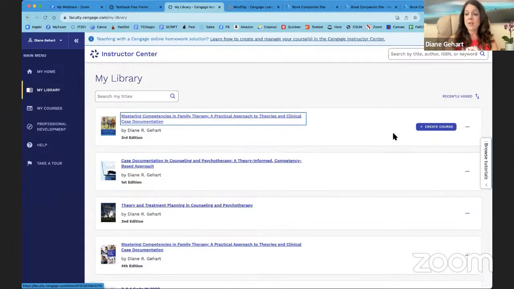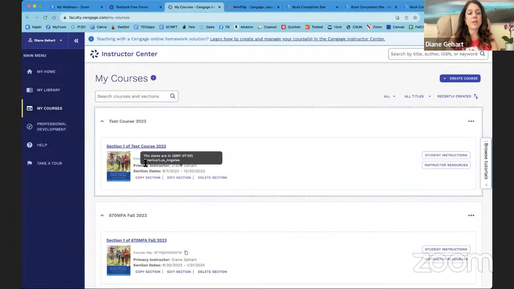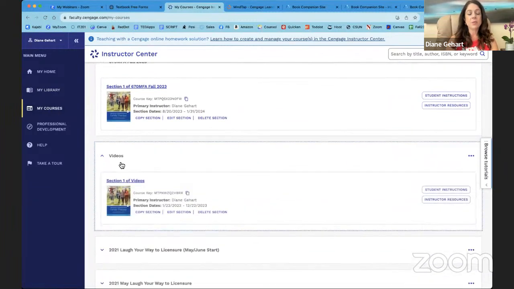And once you have that, you go to click the button to create a course, put in whatever name you want and whatever dates you want. It does not matter. Once you've created the course, you'll have access to the videos forever. And then you go to your courses, and then you will find your videos will be